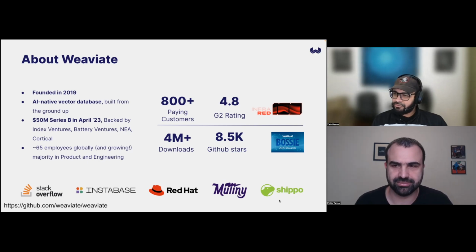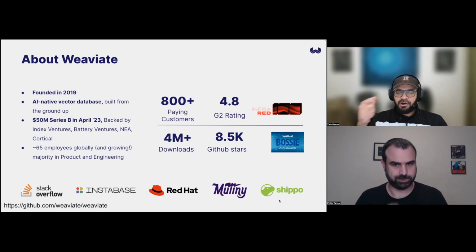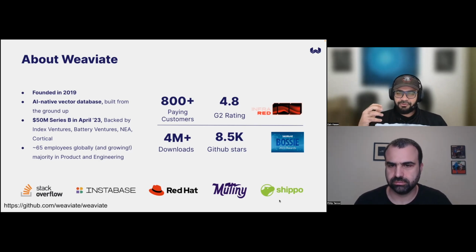Yeah, this is a good point, actually. Maybe I can spend a couple of minutes on that. One thing I like about open source vector databases is that you've got a lot of flexibility in how you want to deploy them, right? It's not just a managed version. You can deploy it on-prem. You can deploy it within your own cloud. You can deploy it in your own cloud and let us manage it. There's a lot more flexibility, and I think production requires that flexibility. So I think we're seeing that.